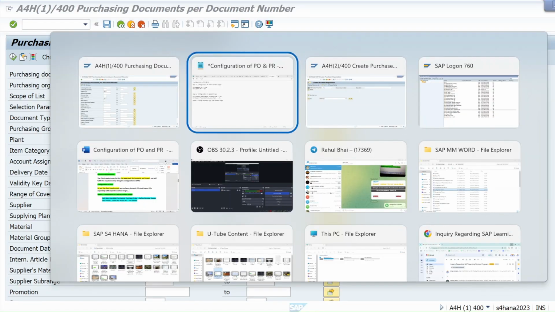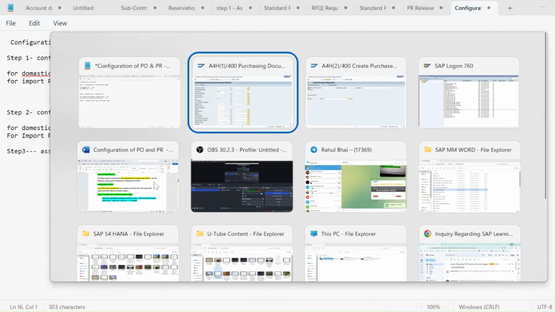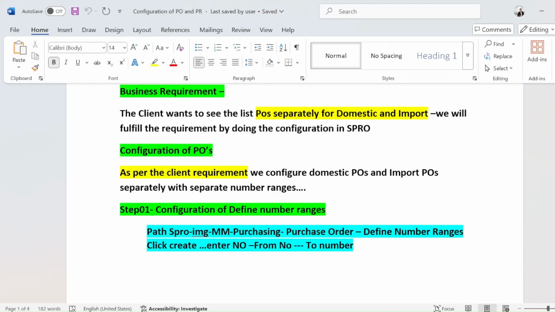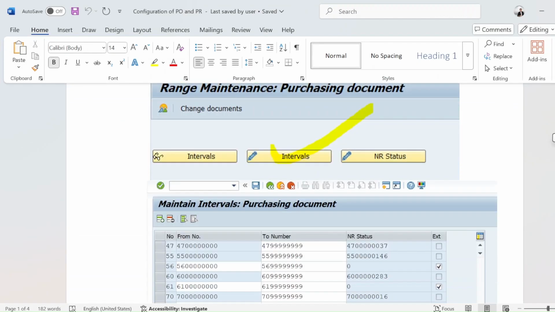Okay, I just did DN as homework. You guys also do it for import procurement and service procurement. You can take any document type. I just took DN, IN. You can take any, but you can't take the same. You can take PN, UN, LN, but it should not already be available there. Just follow these 3 steps, and then you can configure that PO. We will do the same in the next session. We will configure it for PR, that we will see next session.